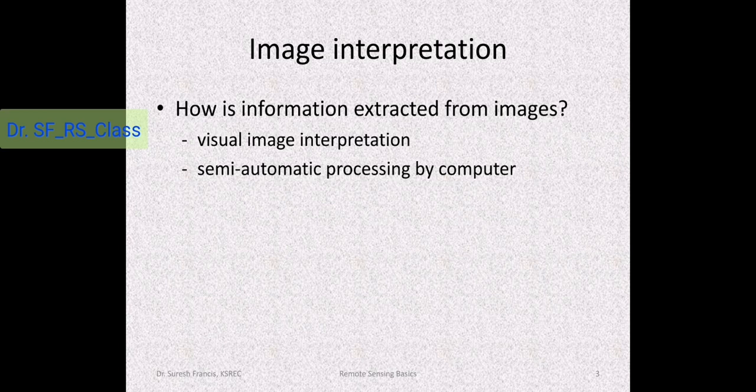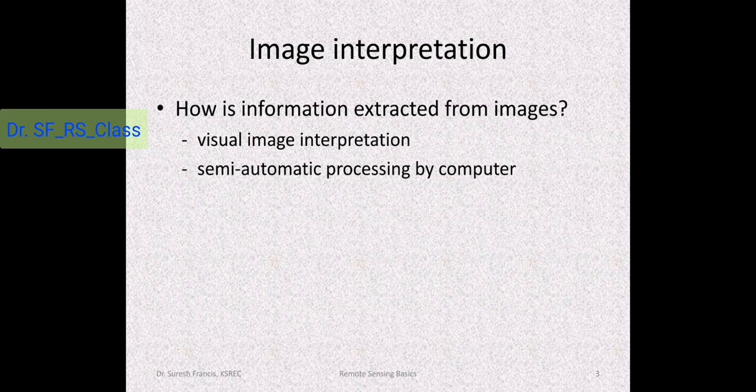Whereas in the case of processing by computer, there are automatic methods, semi-automatic methods, and different types of methods. Basically, we now use artificial intelligence, and all these things are coming into the GIS and remote sensing platform, where the interpretation is much faster and more machine learning based. So automatic methods are coming up, and automatic methods exist, and better and better methods are coming up with artificial intelligence and machine learning methods.